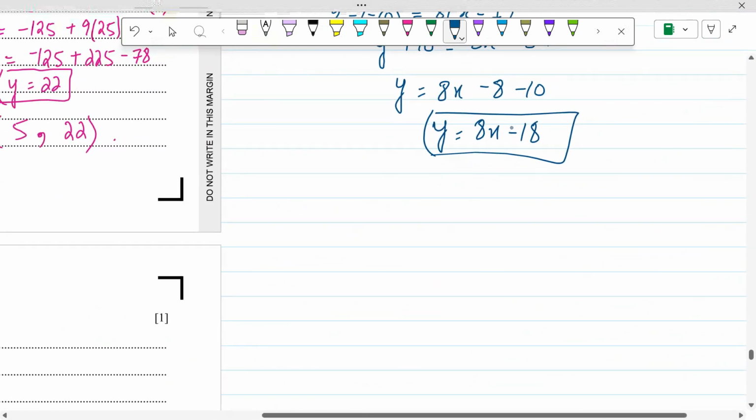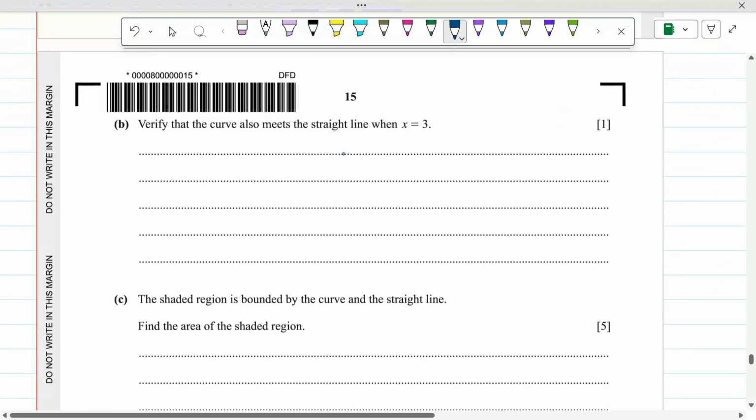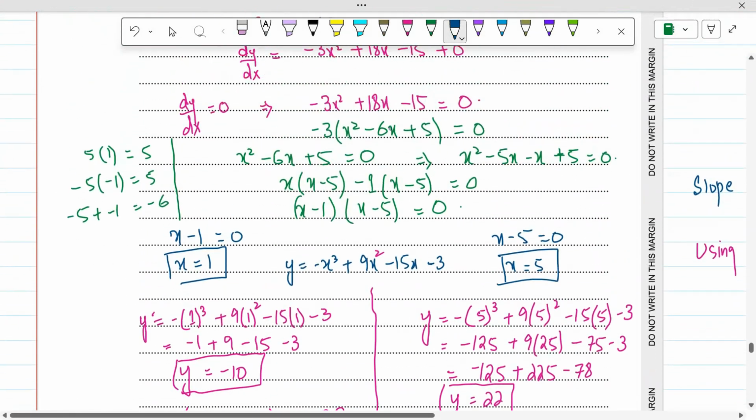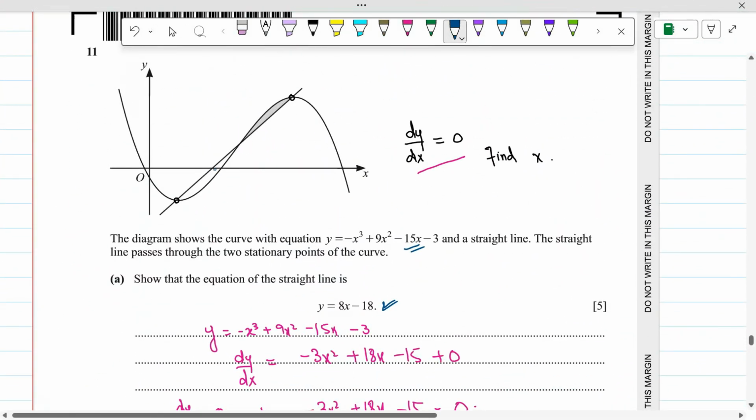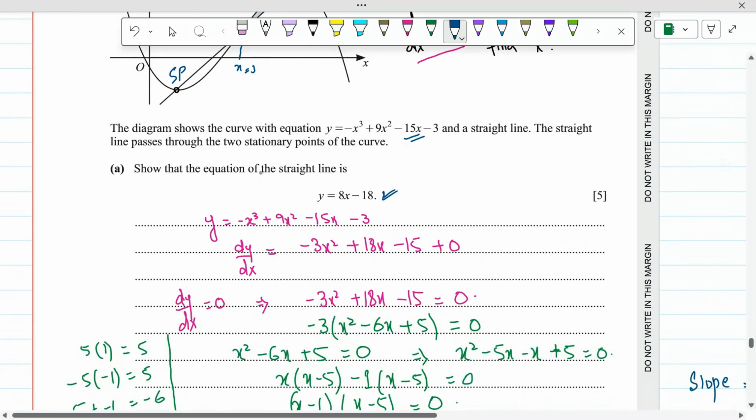We have shown that this is the equation of the line which was required. Now let's move to part B. Verify that the curve also meets the straight line when x is equal to 3. You can see that this is a stationary point, this one is another stationary point. The line also meets the curve at this point, and the x coordinate of this point is x equal to 3. First we find the point when the x coordinate is equal to 3, and this point will also satisfy